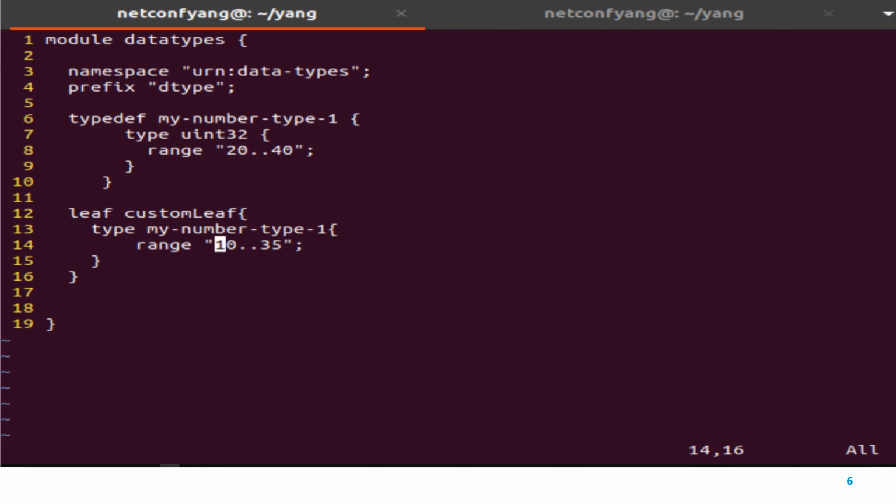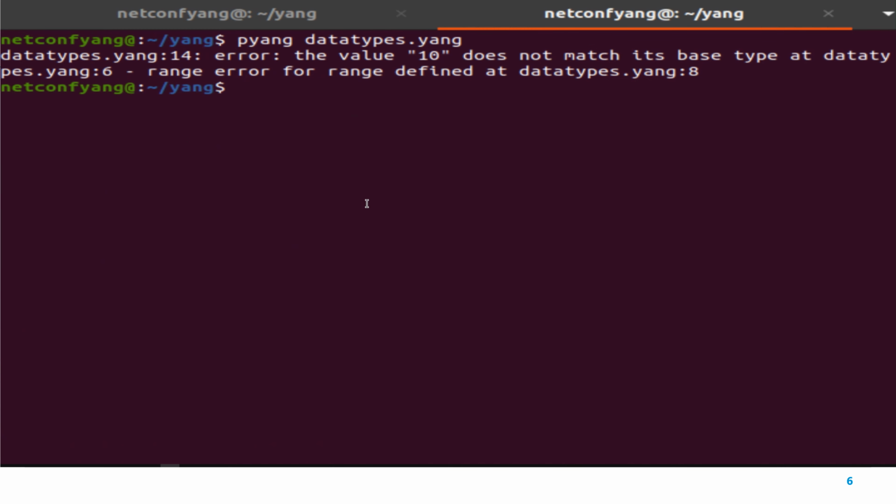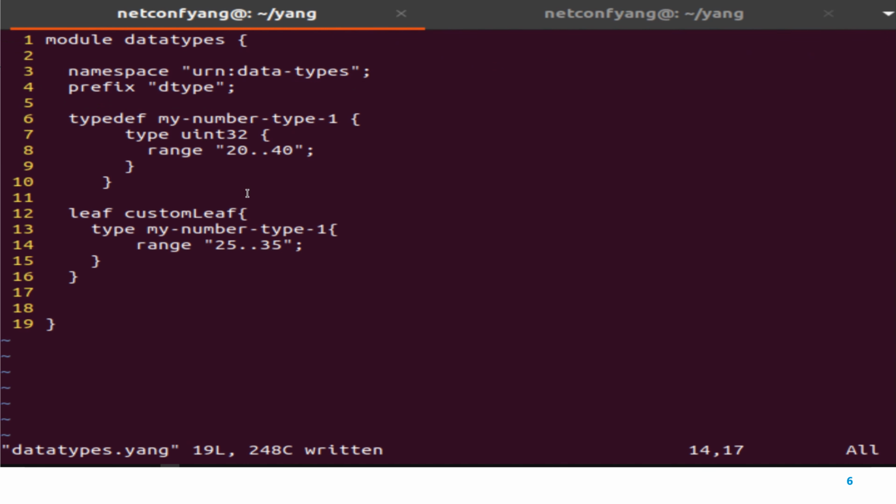What is possible is I can restrict this range further as 25 to 35, meaning the custom leaf can accept values 25 to 35, which is well within the broader range of 20 to 40, which is the data type of this leaf. So this is an important point to note, that because YANG allows the hierarchy relationship, it must always be taken care that the child is not contradicting the parent in any way.